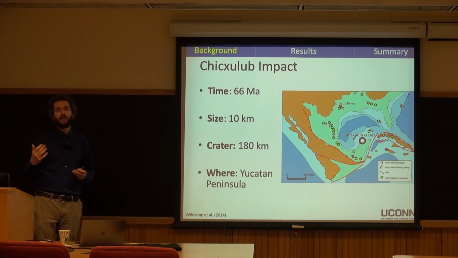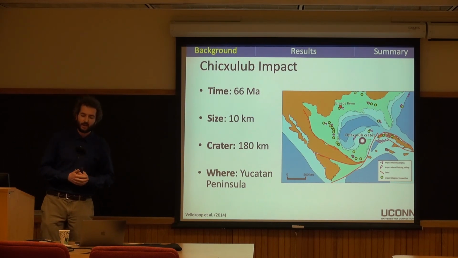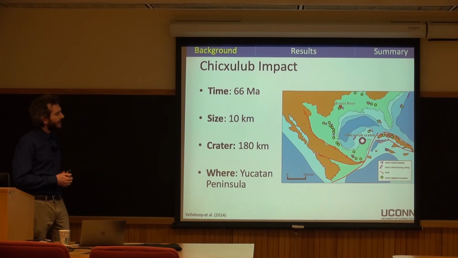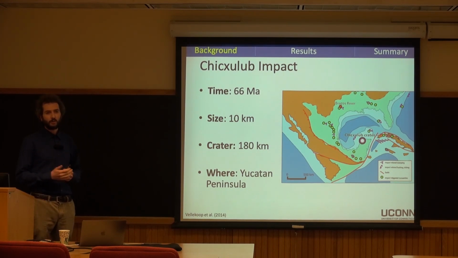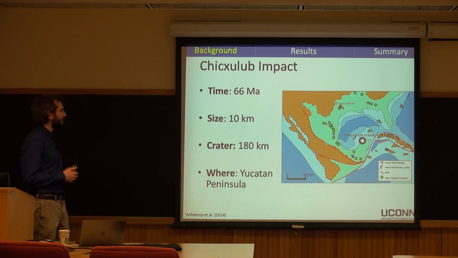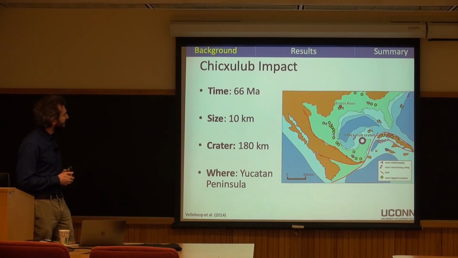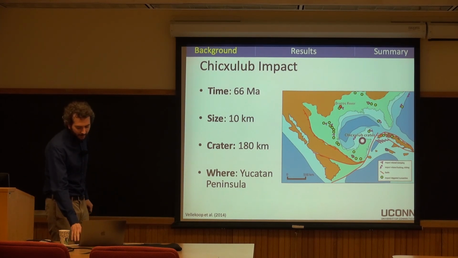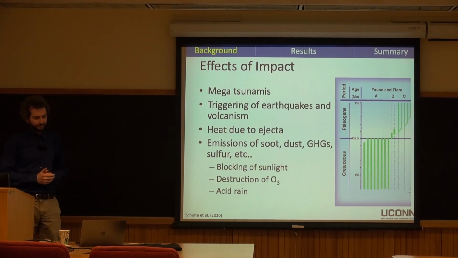However, it wasn't for another decade or so until the early 90s when they actually found the impact site to validate this hypothesis. And it turned out it was in the Yucatan Peninsula. It's about 180 kilometers in diameter. And from that information, as well as some recent drilling efforts, it's suggested that the impactor was about 10 kilometers in diameter. So fairly significant impact, could have led to a lot of devastating consequences for life on Earth.